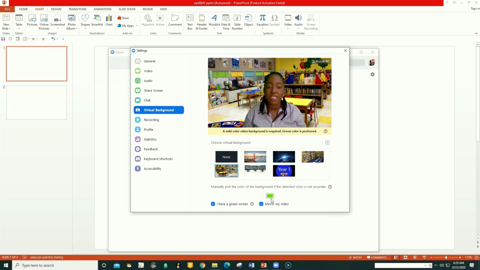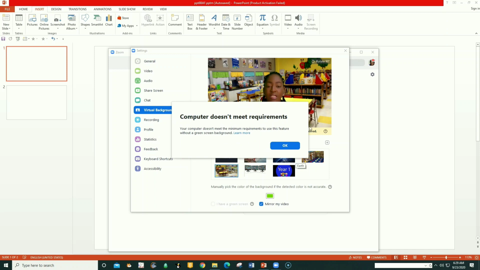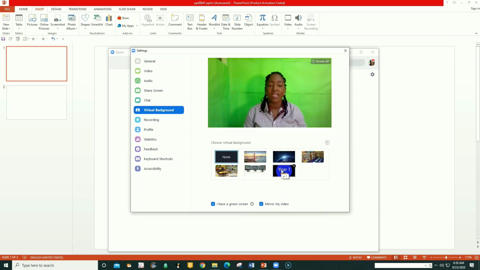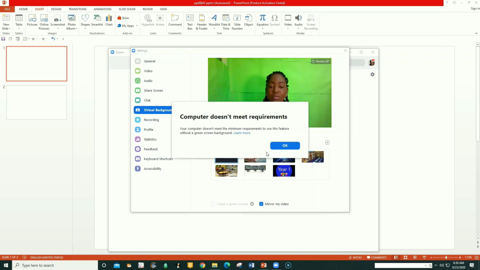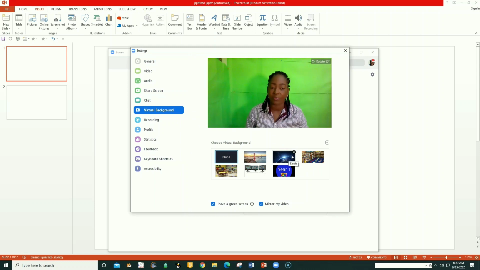Now you will see green screen. I have a green screen. If you click on it, it's going to tell you your computer does not meet requirement. Click OK. Now you can see my background that is green. So you need to have a green background. When you have a green background, you can now click the button to say I have a green background, and